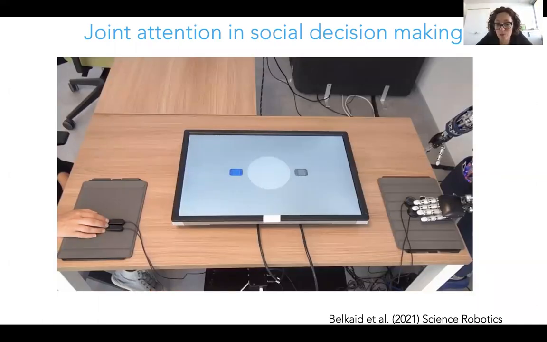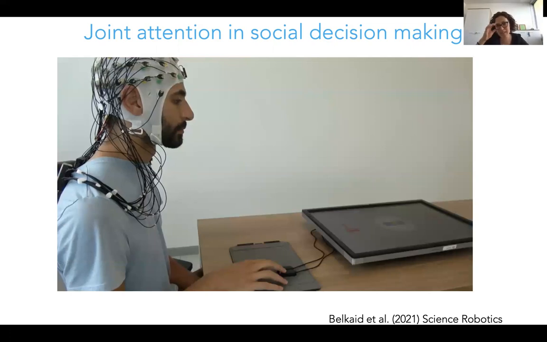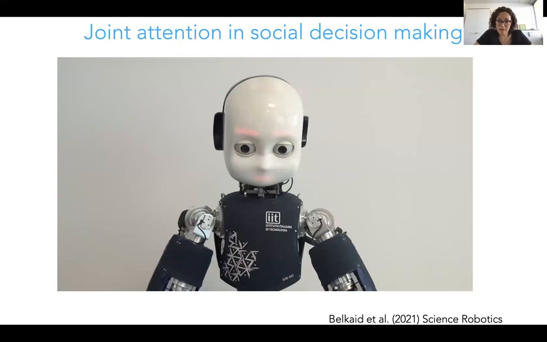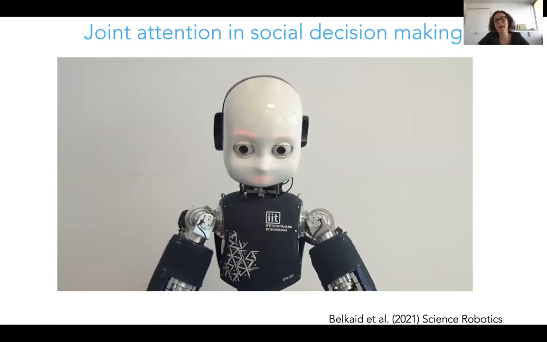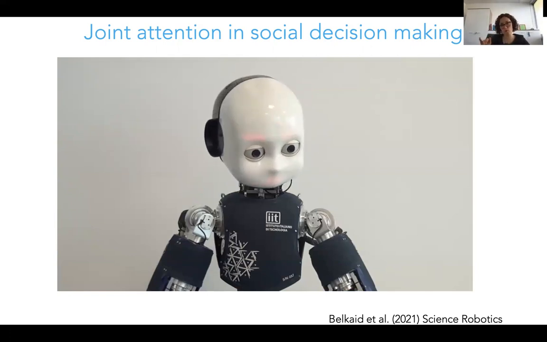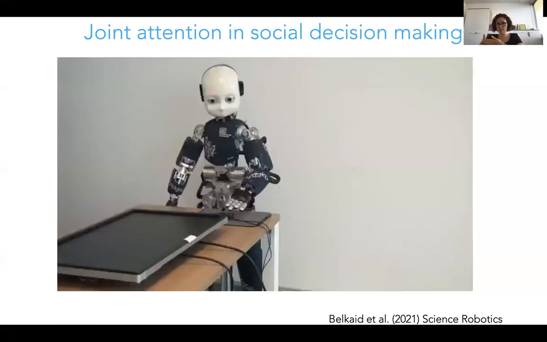So the cars go towards one another. Now there's the pause, right? You make a decision, the robot makes a decision. And while they're doing the task, we're also recording their EEG. And as they were making the decision, the robot looked at participants or looked away. Now, this was just for demonstration purposes, you saw the robot pressing the keys. We actually occluded the keys from participants, so they couldn't see which decision the robot made. But they could still hear that the robot was pressing the key.